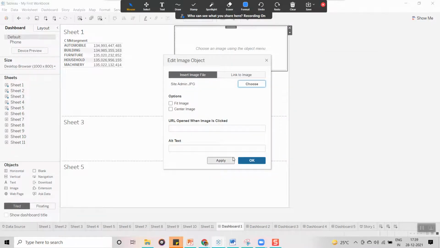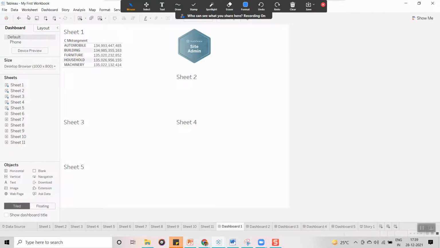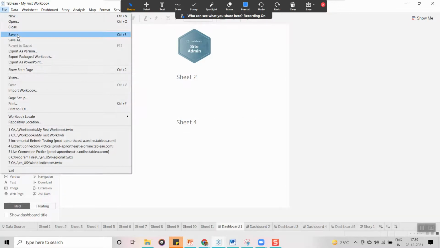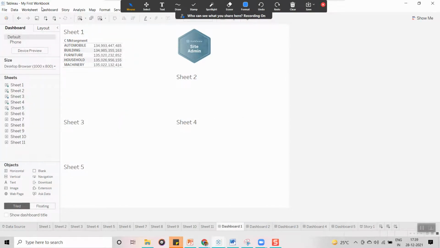This is the image. Now, for example, I am going to save this file. I am going to save the first one as a Tableau packaged workbook, TWBX format. The other one is TWB. I am going to save this file as well.